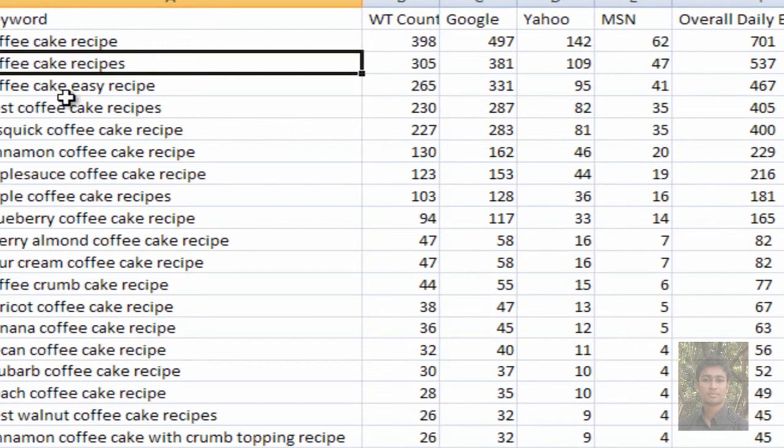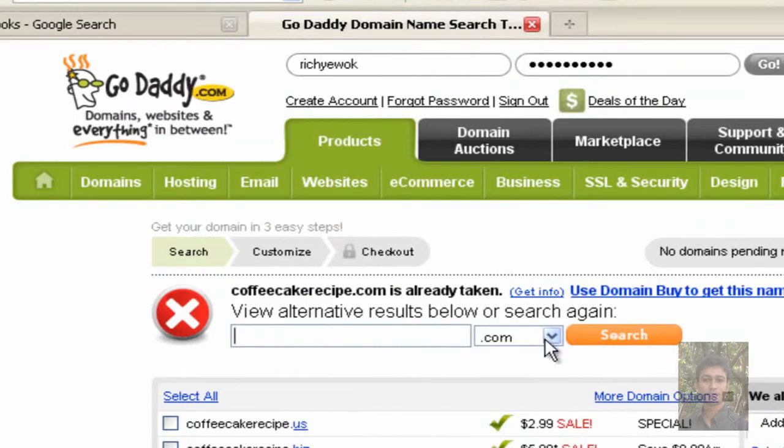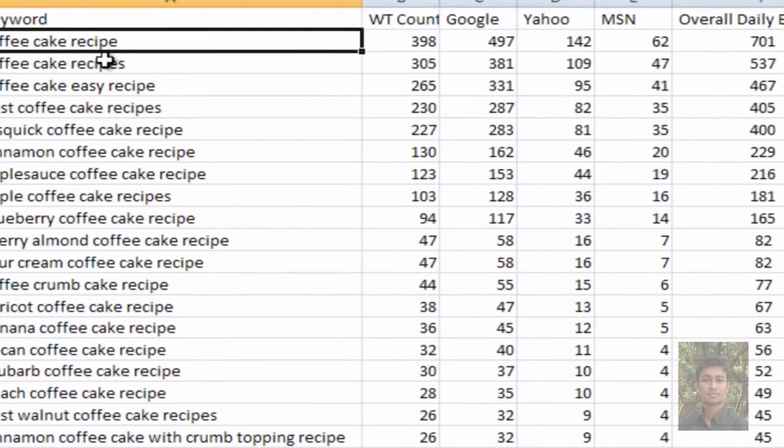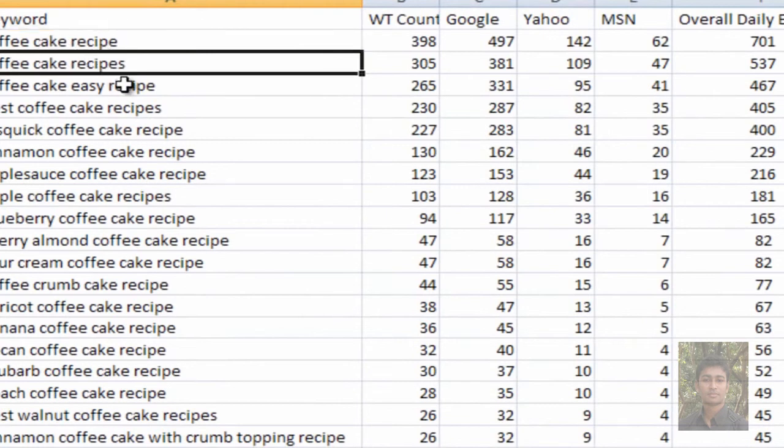If you really like a concept of a keyword and you can't find it, like I say, you can always come in and choose another one of these. .coms are the best. Again, if you can't get it, try adding coffee mugs. Try adding different keywords. I've talked about the plural version of it. You've got the singular version that I'm using, Coffee Cake Recipe, and then you've got Coffee Cake Recipes. Try adding more stuff, but try to keep it to the quality of the keywords.